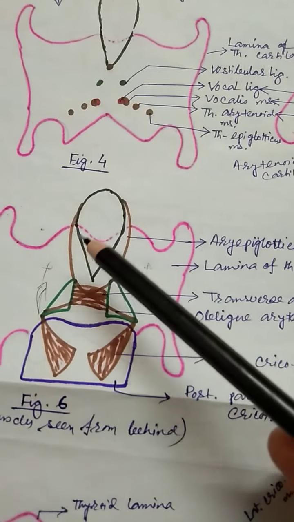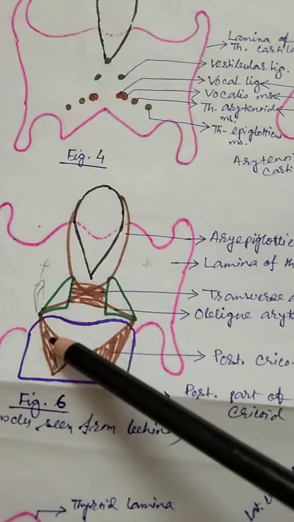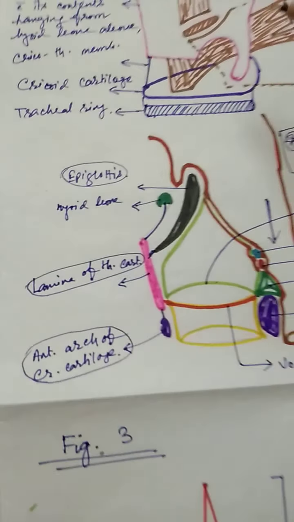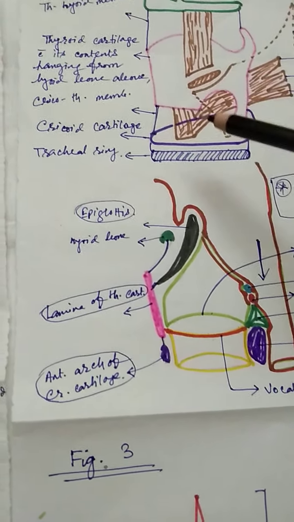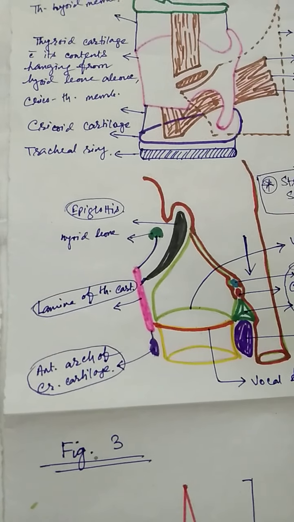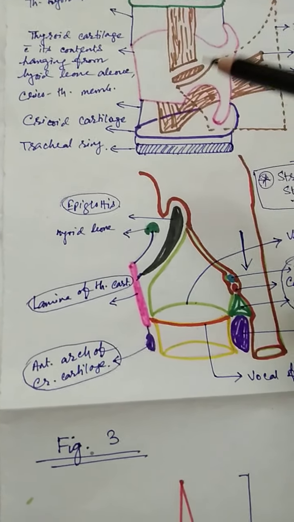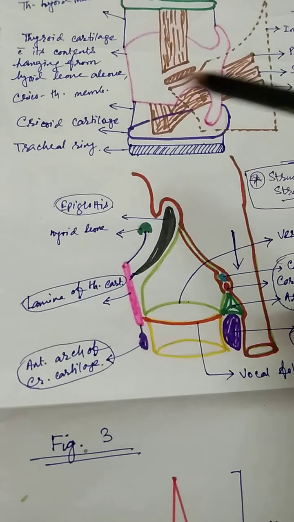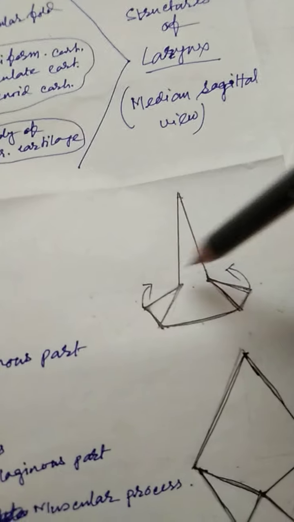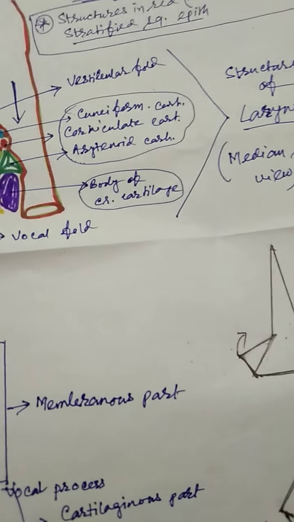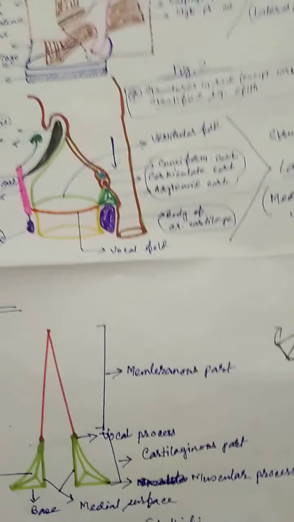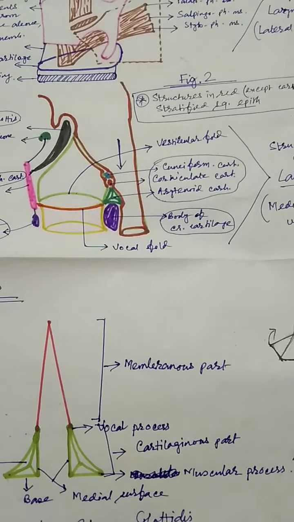In that condition, what is happening? The safety muscles I have already said. The posterior cricoarytenoid muscle is required for abduction. So, if the posterior cricoarytenoid is cut, in that case the abduction of the vocal folds is not possible. So, they are coming close to each other. So, the patient will suffer from difficulty in inspiration. It is very important. There is difficulty of inspiration.